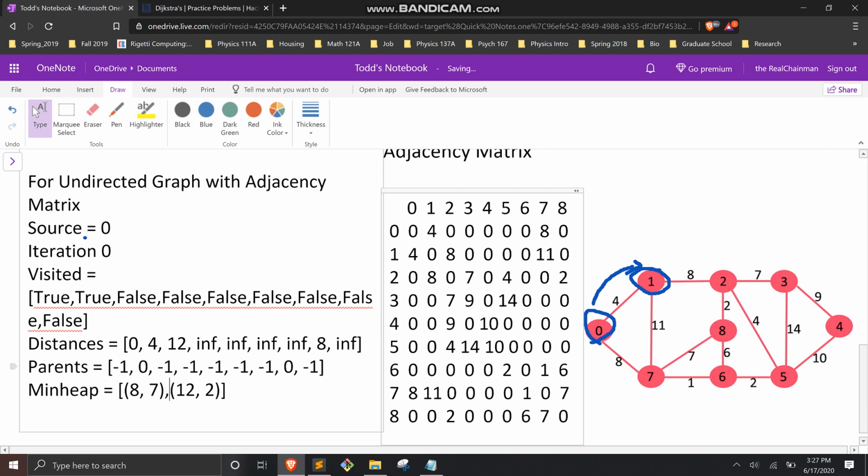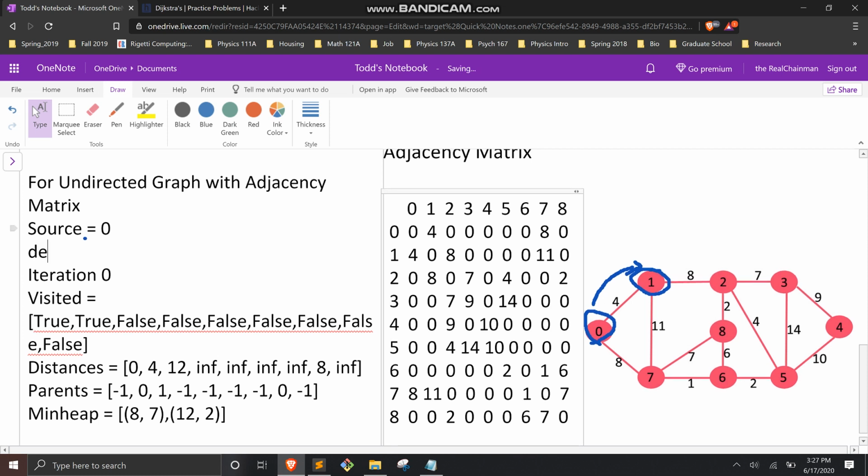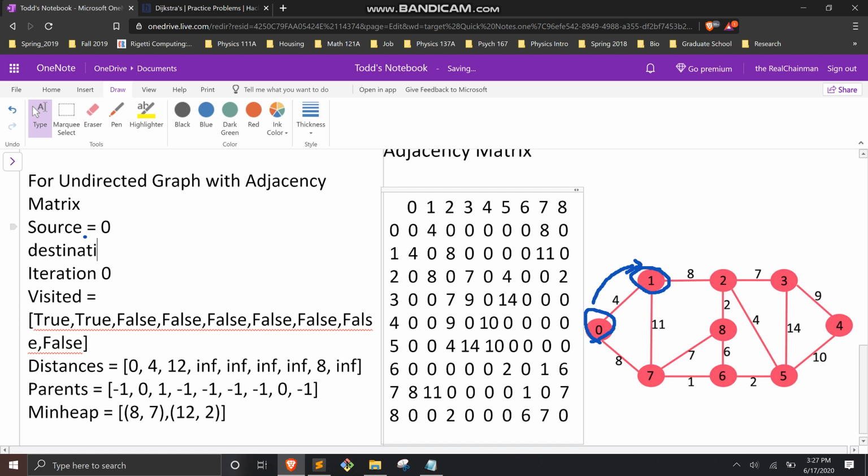And the parent thing doesn't really matter right now. I'm going to keep track of parent because I'm also going to solve 2 problems here. I'm going to say, what if I have a destination equal to 4, right? So I'm trying to find the shortest path to 4, and I want to print out that path. So anyways,